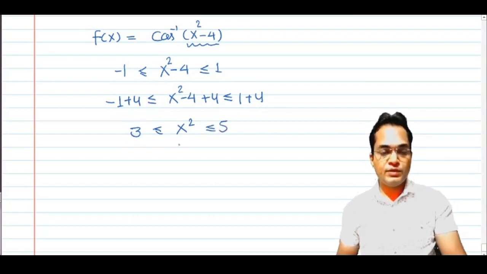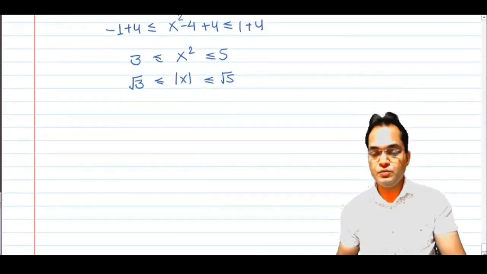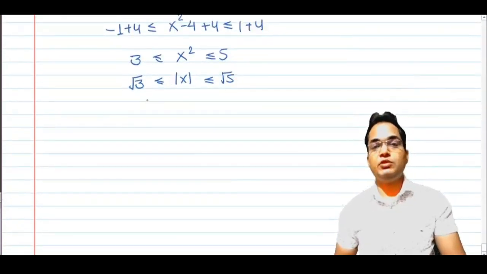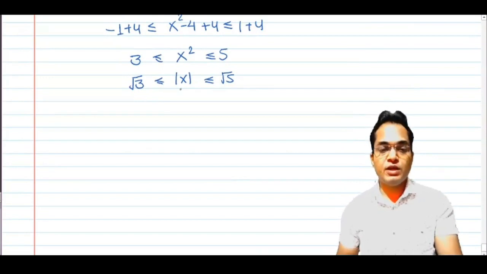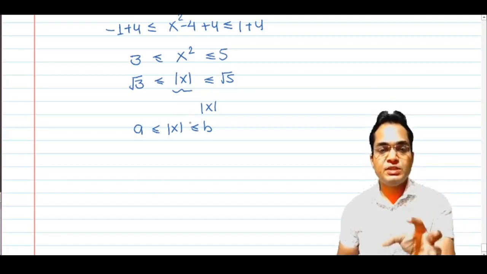Then how can we solve this type of inequality? Taking a square root on both sides, this is mod x becomes square root of 3 to square root of 5. How many of you know the solution of this inequality? Actually, the procedure to solve this inequality comes from mod x. So let me recall it and explain it to you. Actually mod x, you can understand directly if you remember this relation. I told you what the solution is for mod x greater than equals to a, less than equals to b. So the concept we studied, we have to use here.